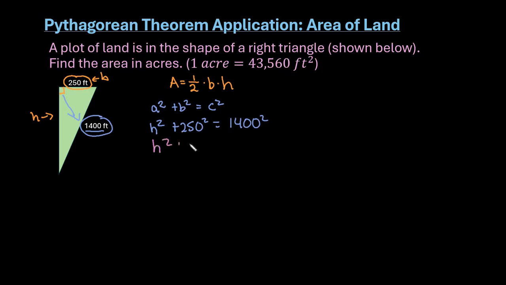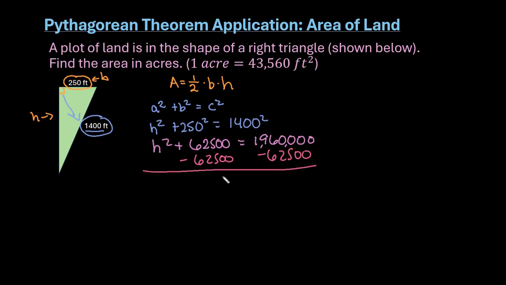So 250 squared does end up giving us 62,500. 1,400 squared gives us 1,960,000. And I did use a calculator to help with those calculations. So if you need to use a calculator, there's no harm in that. And then from there, we would subtract the 62,500 from both sides. And we end up with h squared equals